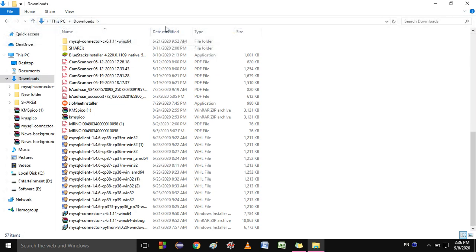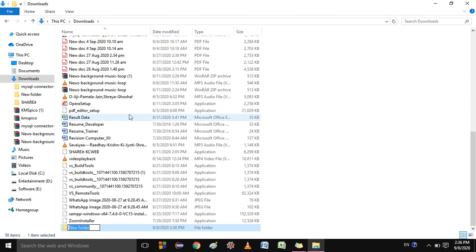Click on this. When you click on this, a folder appears in the content pane with a temporary name, New folder. You can see here, this is the content pane. This complete area is called the content pane. In the content pane, you are getting a new folder with the temporary name New folder. So you type a name for the folder and press Enter. Suppose I type Class 4th. Then I press Enter, and the folder is created right now.